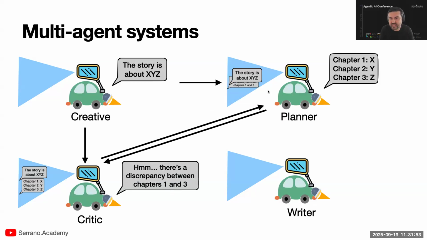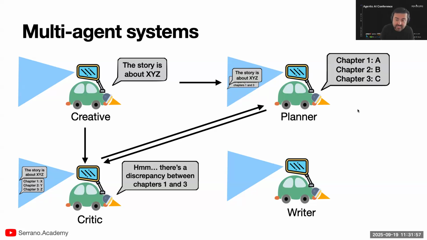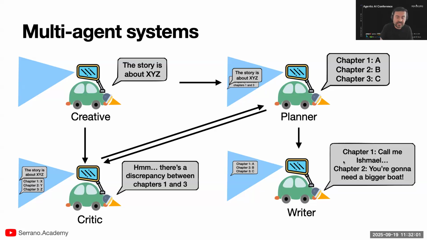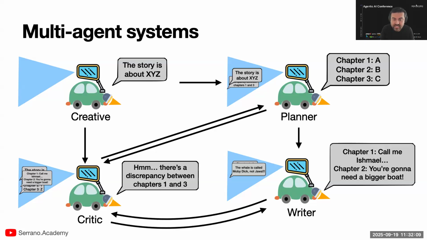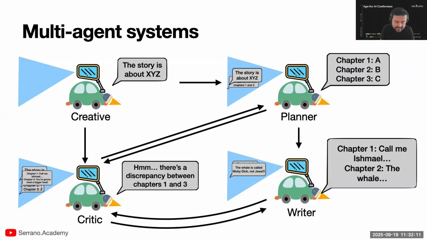Sends it back to the planner. With all this information in the rearview mirror, this one creates the chapters again. Sends it to the writer. The writer writes chapter 1. Okay? Sends it to the critic. And this one says, hey, you messed up here, etc., etc. That's a multi-agent system. Okay? And that's what works